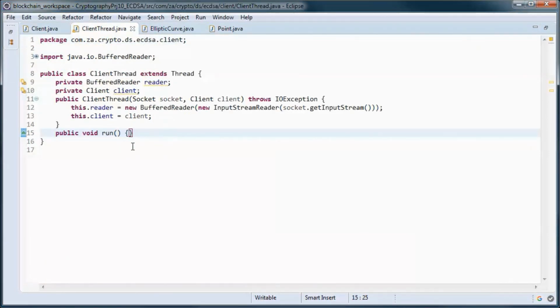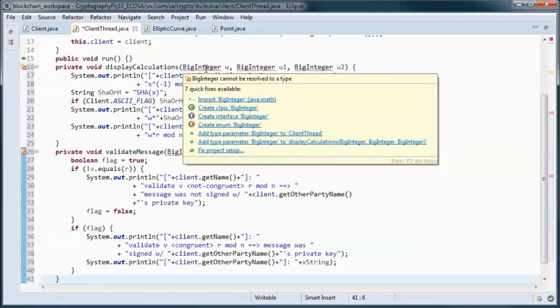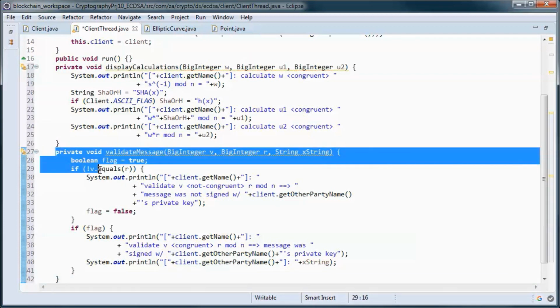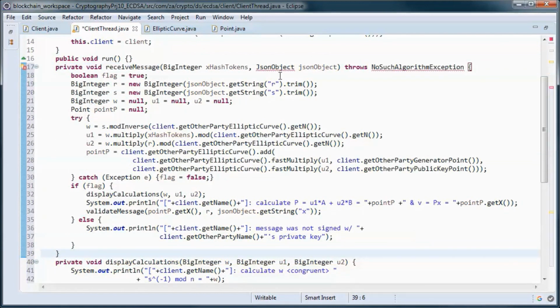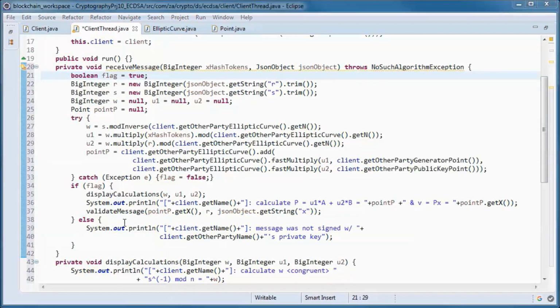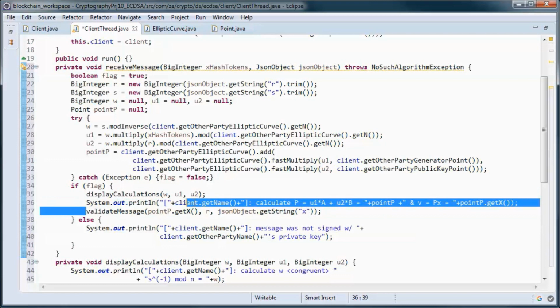Now going here, we will have those two methods. This one to display the calculations, and this one to validate the message. And this one receives the message, so it calculates R and S and W, and it displays calculations and validates the message.